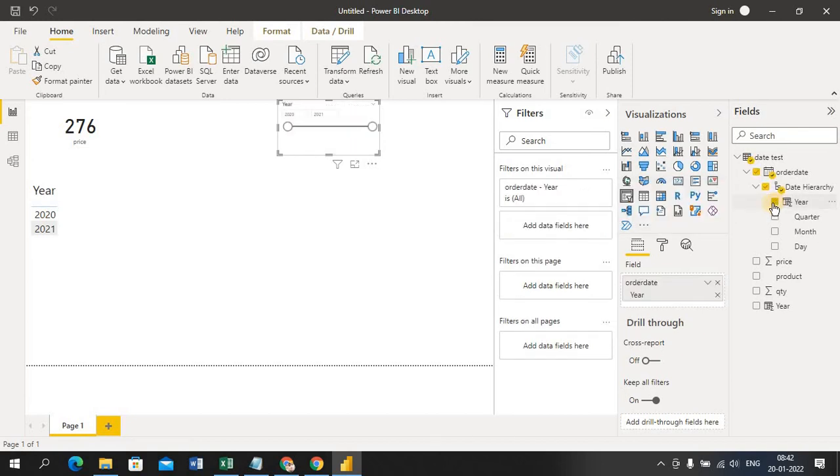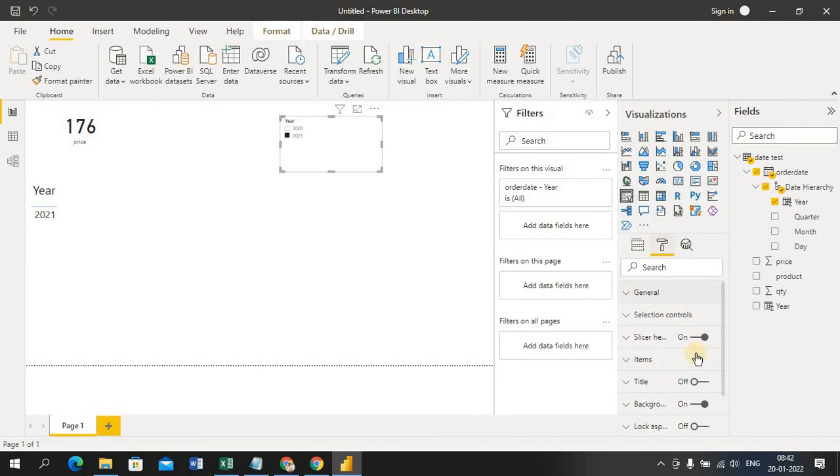Okay, I'm going to select a year. So it is in slice and dice. You just select a format. Okay, list format. Now if you want to make it bigger, just apply this format painter and paste this. Okay, it's not applying for this, so I do it manually here. Okay, item, so in the item I select the size.